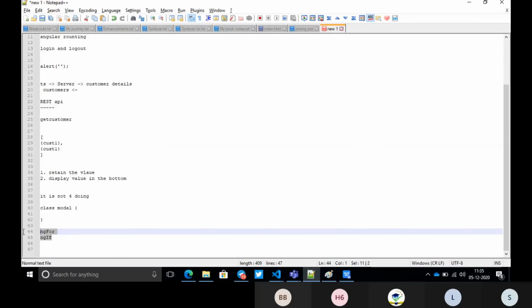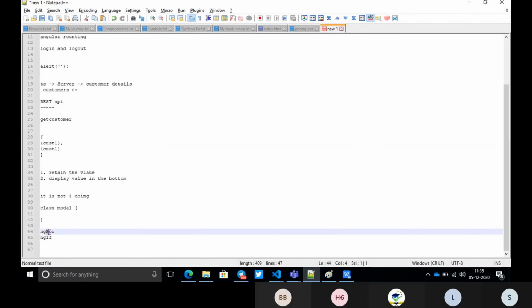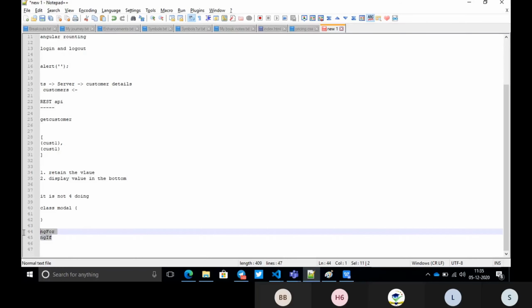In most places we will use these 2 directives, ngFor and ngIf. Here the F is capital, and this is case sensitive, so make sure you type F as a capital. In ngIf, the I is also a capital. We will see what this is now.